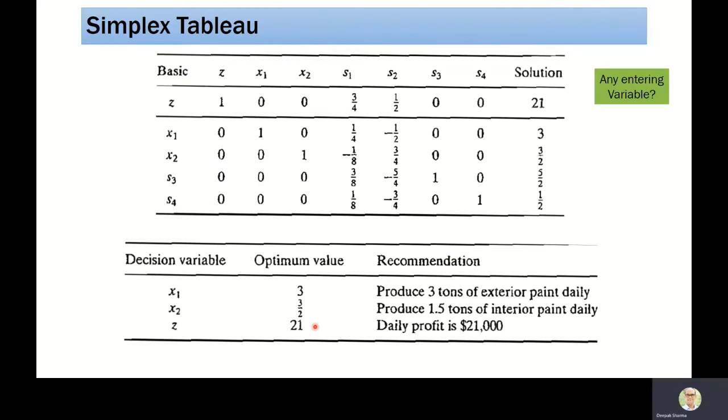Second observation is, look at the coefficients under the basic variables. What are the basic variables? X1, X2, S3 and S4. So this is X1, this is X2, this is S3 and S4. Do we get an identity matrix? Yes. So it says that under the basic variables, the column coefficients always correspond to the identity matrix, and it is a very important property.